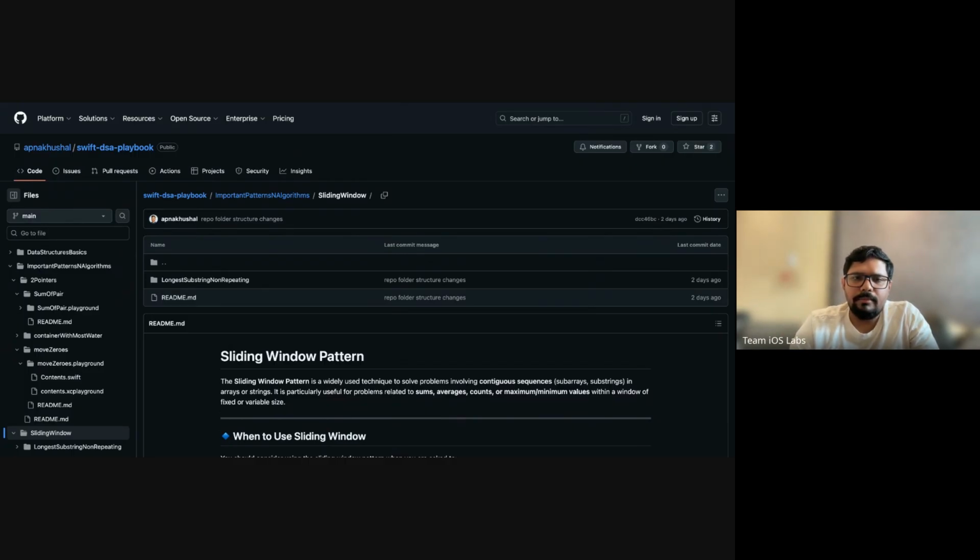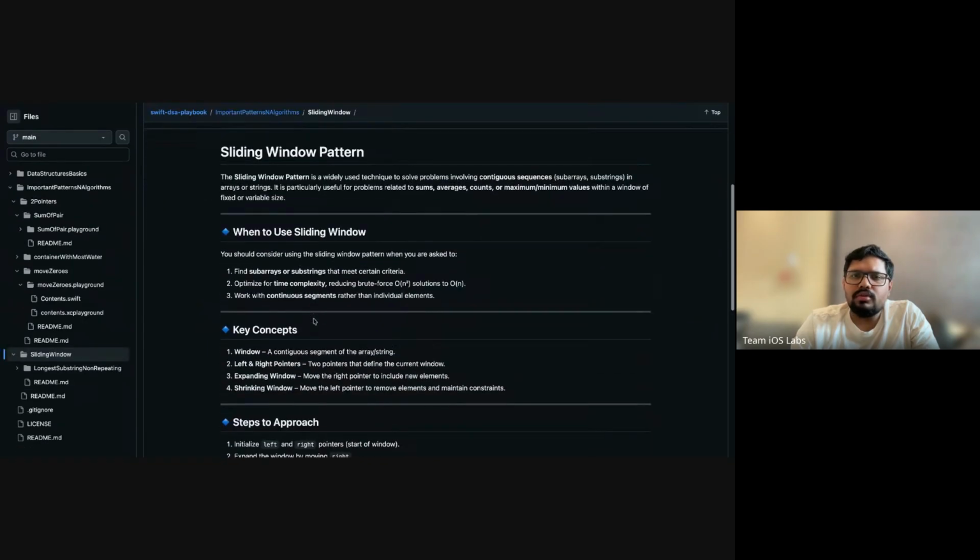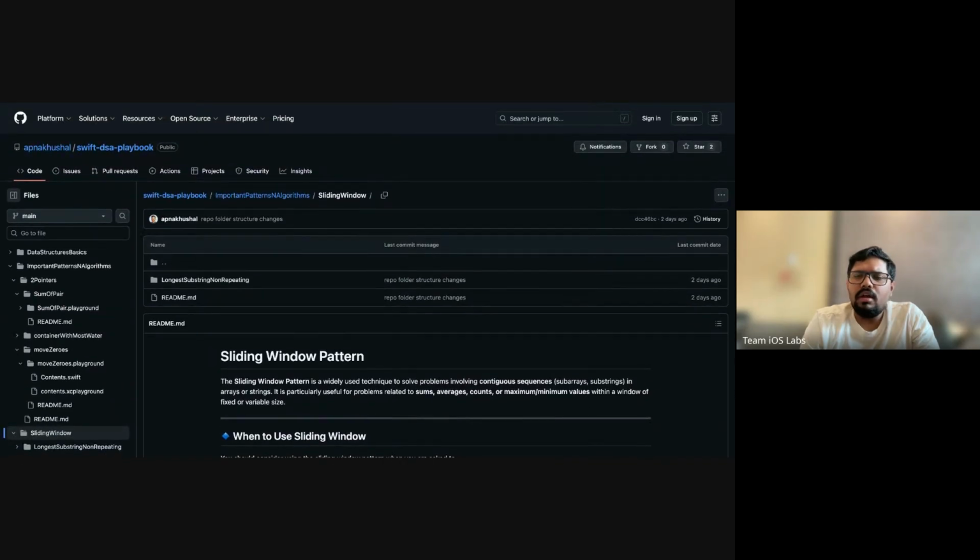You can say, sliding window is all about having a window, with either a fixed window size or maybe a dynamic window size. This question, longest substring, is a dynamic window size.